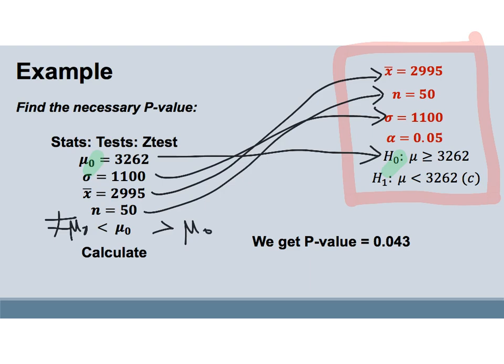You're picking the less than because that's what you've got on your alternative. So you want the less than highlighted, press enter on it, because that one should always match whatever the alternative is. So with the very first thing in the calculator and with the very last thing in the calculator, you're telling it what test you're doing, and the stuff in between is the data from your sample. Hit calculate,